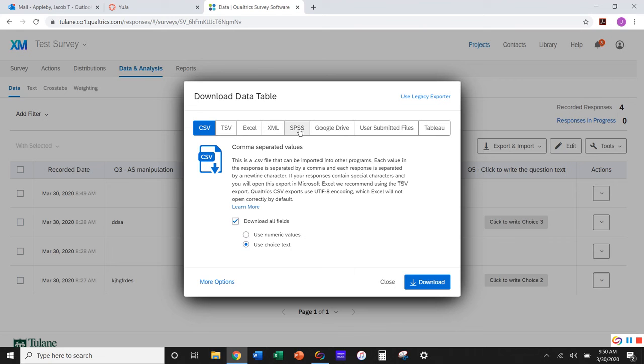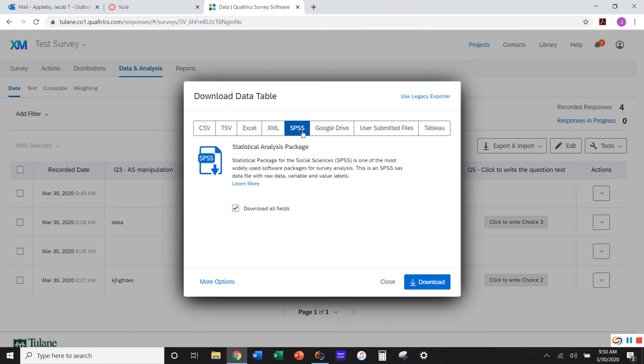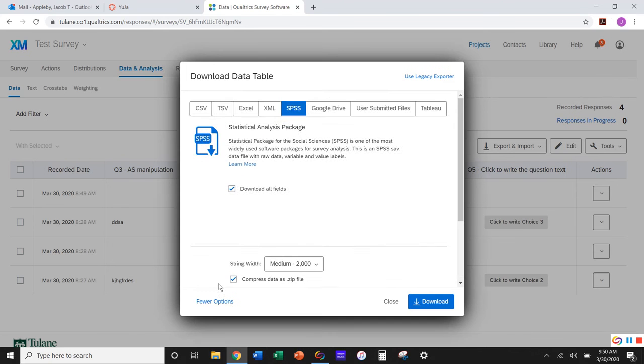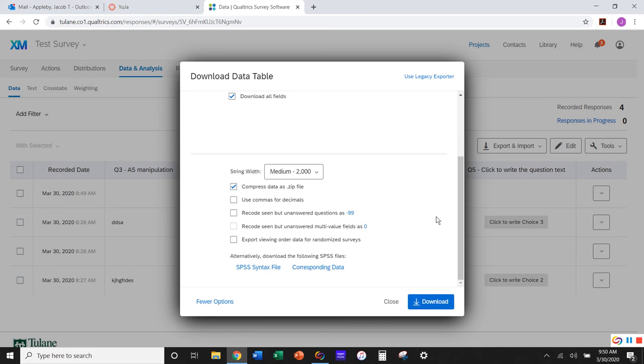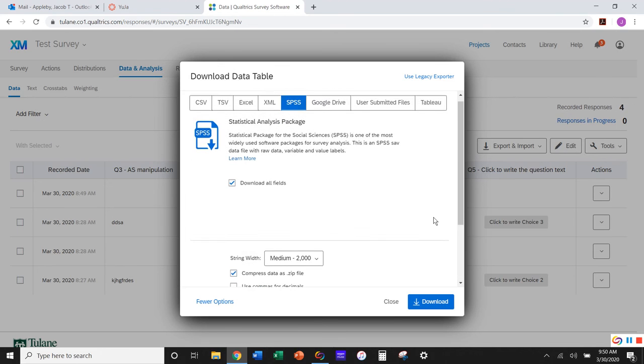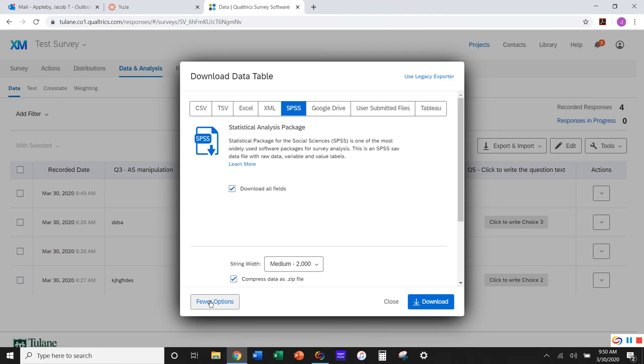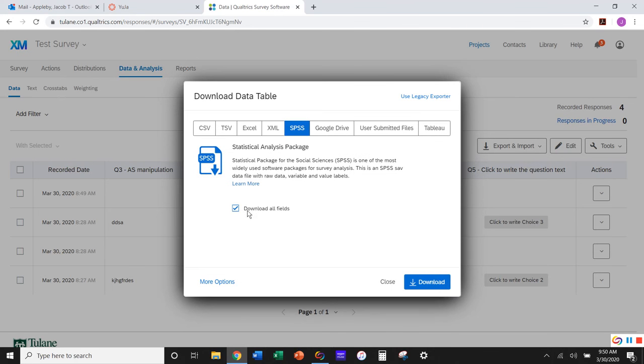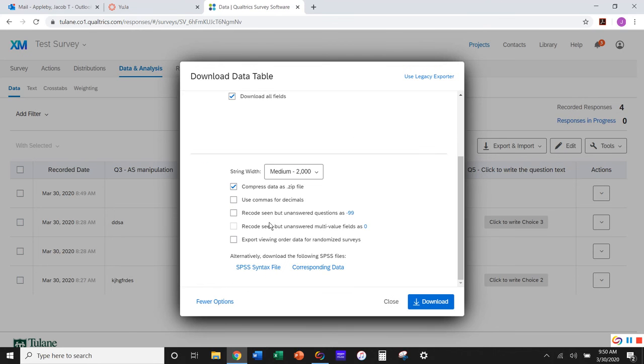But for you, you're using SPSS for your data. So you would just click this SPSS spot. You want to make sure download all fields is selected, and you also want to go to this more options spot. And what you can do then is also click this box to export viewing order for randomized surveys, because this is going to make sure that you have some indicator of what